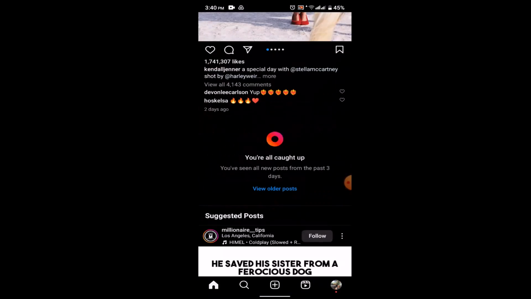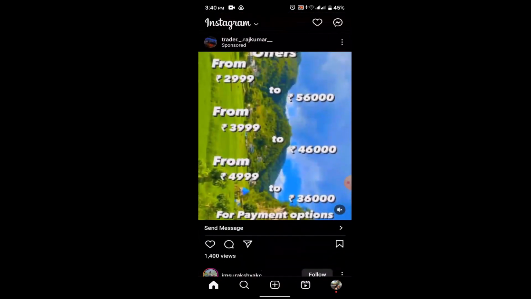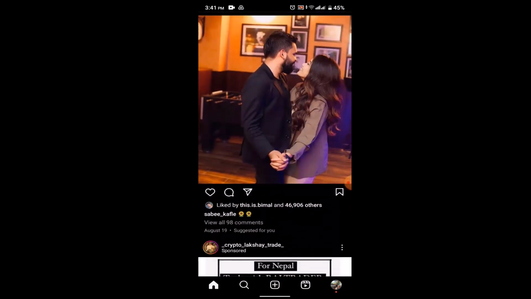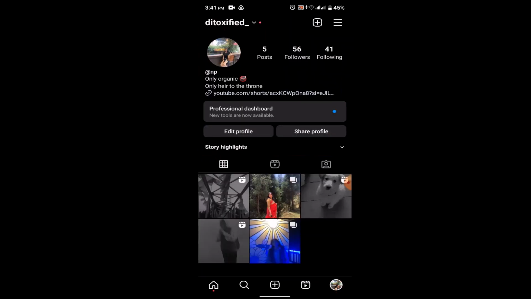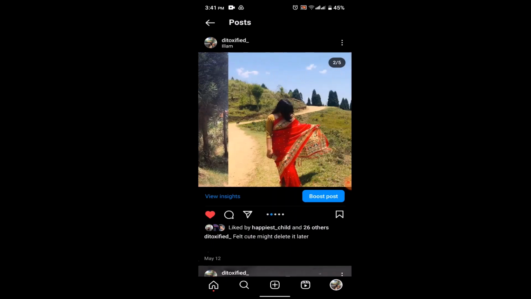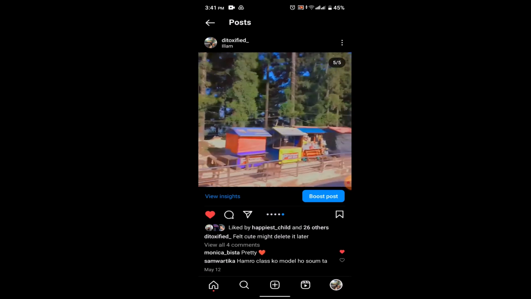Once you're logged into your account, you'll be directed to the home page, and this is how the interface is going to look. So then, to begin with the deletion process, go to your profile page. Now if you've already made a post and you want to delete one single photo from multiple photos, let's say this particular post, you can see that I've added up to 5 photos in